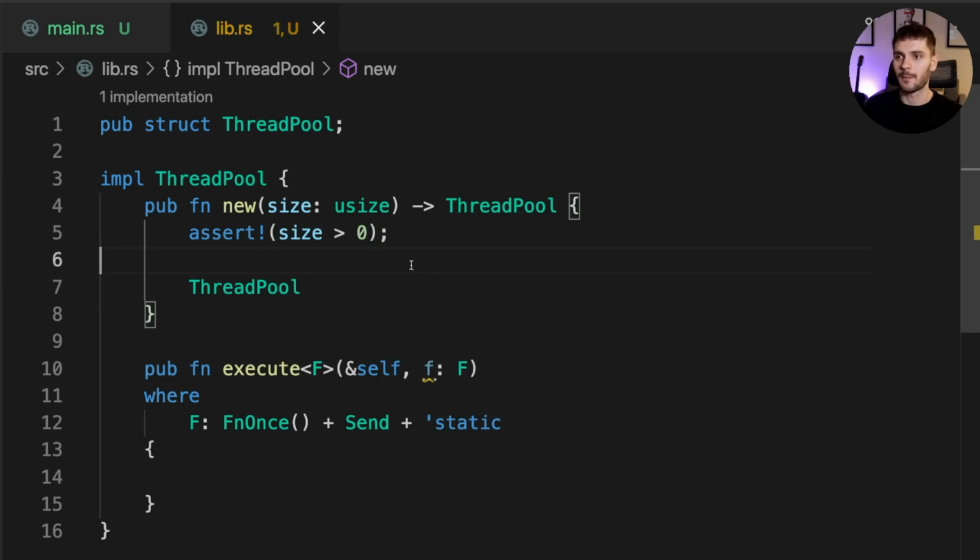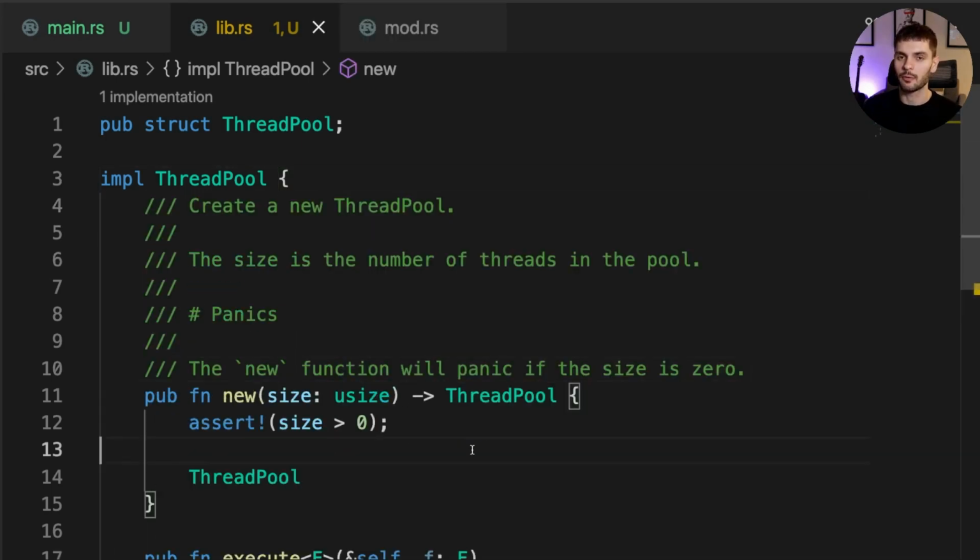Our function will now panic if size is less than 1. Alternatively, we can return a result type, but in this case, we're just going to panic. And because our function panics, it's a good idea to add some documentation. Now that we know we have a valid number of threads, let's modify the thread pool struct to store a